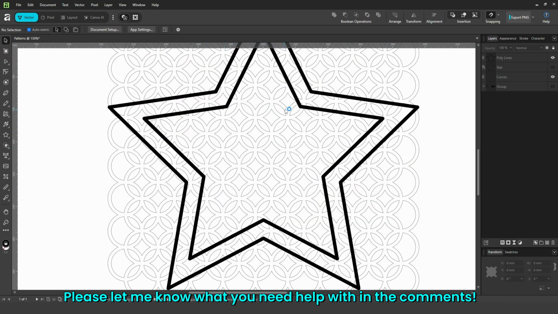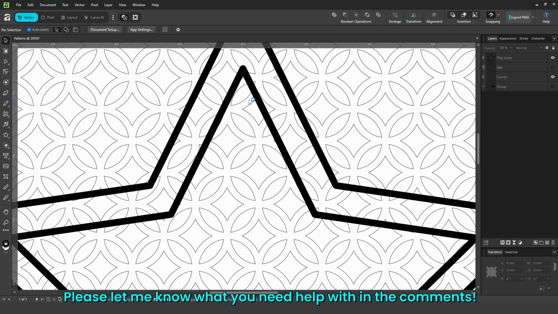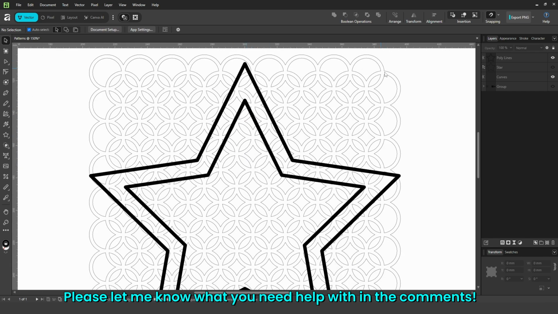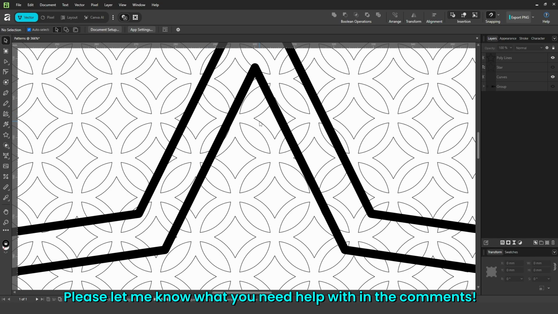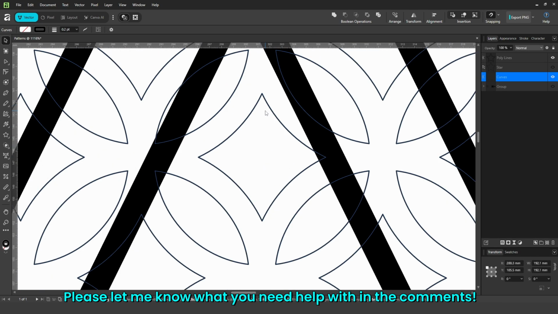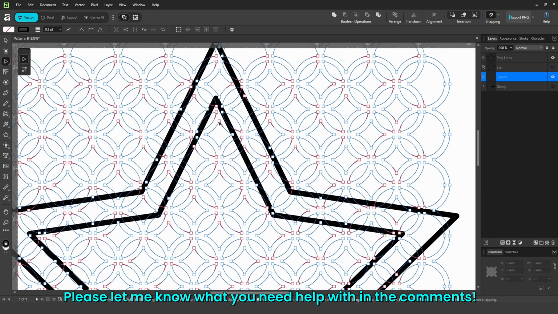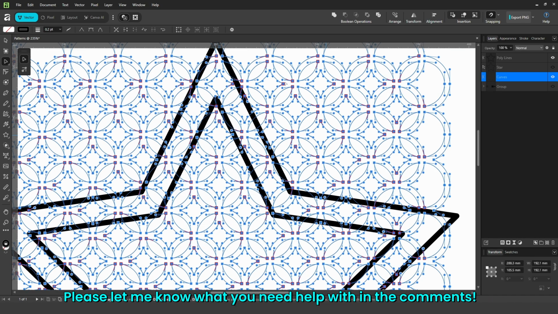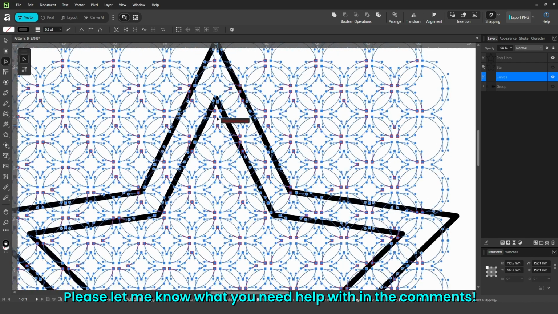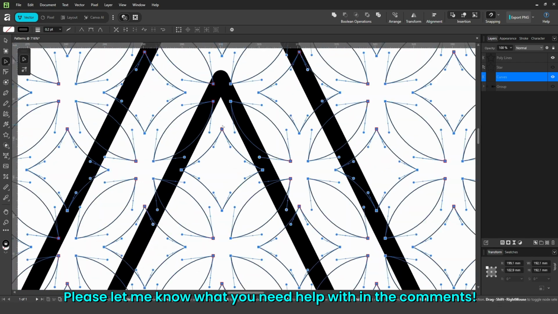And we have this shape here, but it's not exactly in the center due to these overlapping lines here. So what we could do is if we select this one, and I'm going to go to the Node tool, and we can't just click and drag, otherwise we'll move things out of the way. I'm just going to press Control A a couple of times just to make sure we have everything. And now when I click on this node, we can move the whole thing about. So if we zoom in